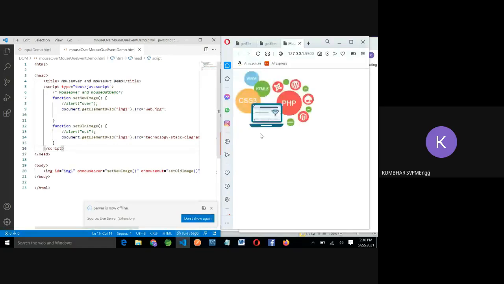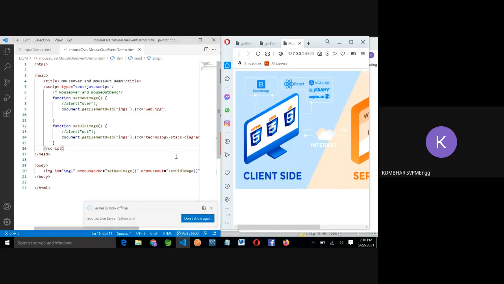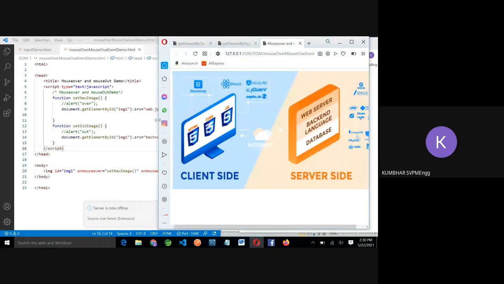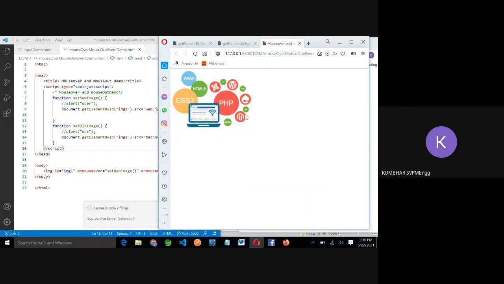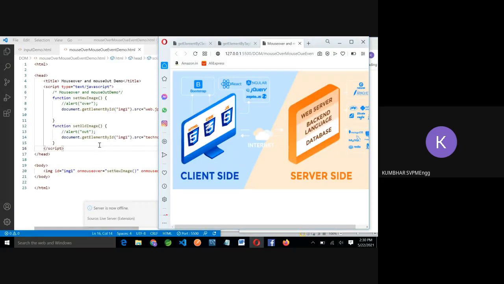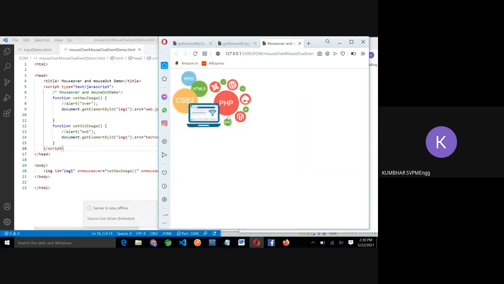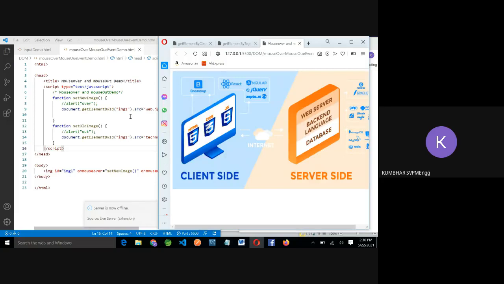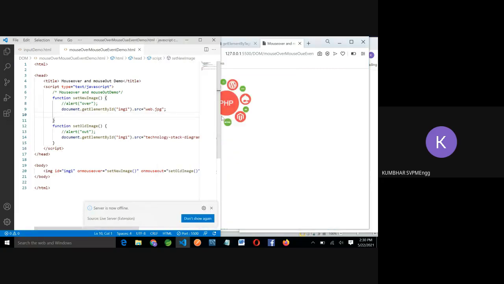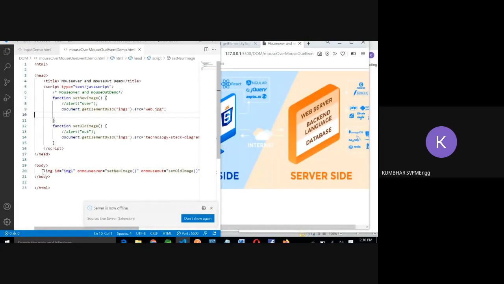Now by default it is showing one image. When I bring the mouse over, the image is changing. When I take the mouse out, the image is changing again. So how is it done? This mouse over event is applied on an image element instead of a text box or div which we saw previously.